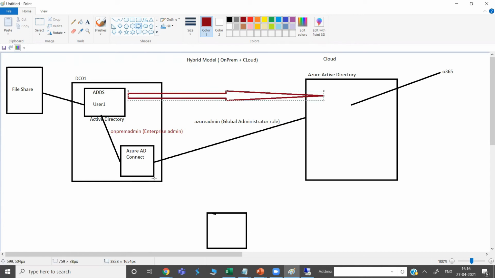This is the objective of Azure AD Connect. Through Azure AD Connect only, this username and password is going to sync up here. So this is the simple objective of Azure AD Connect.